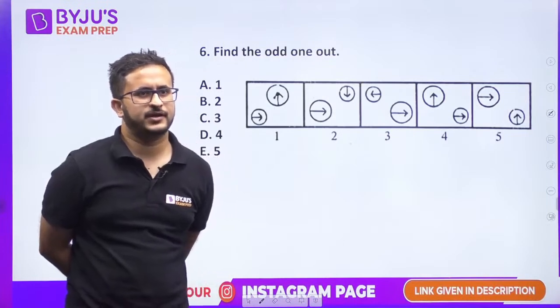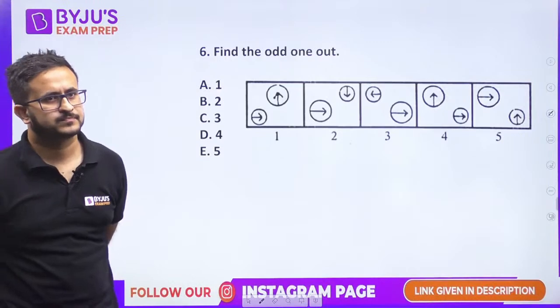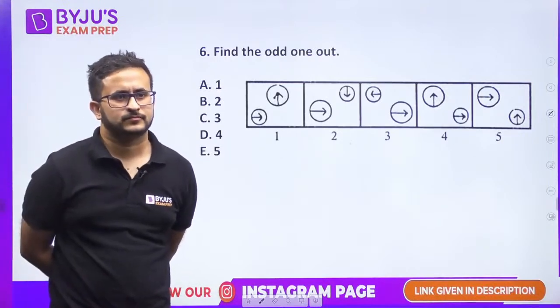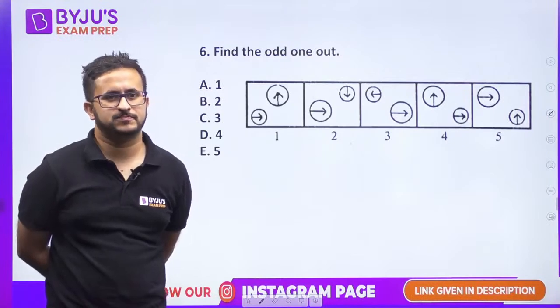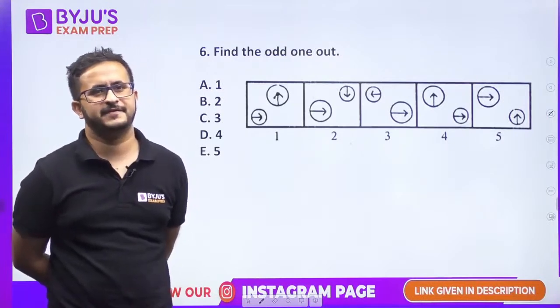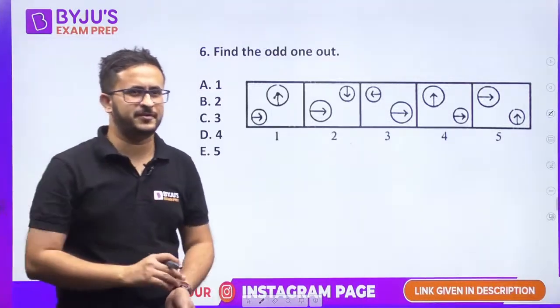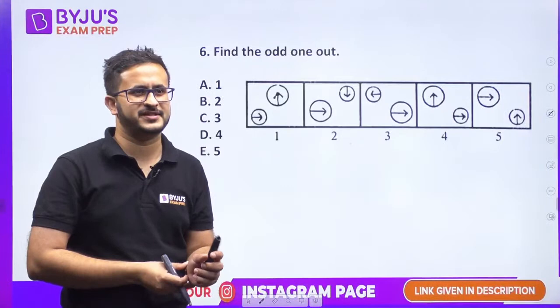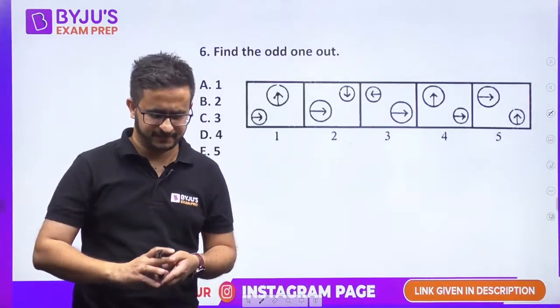Let's try to find the odd one out in this image. So we are given arrows. Odd one out can be at times debatable also. People might have different reasoning for them, even if it is figure based or non-figure based also. There is always a debate, and in most of the cases I believe.